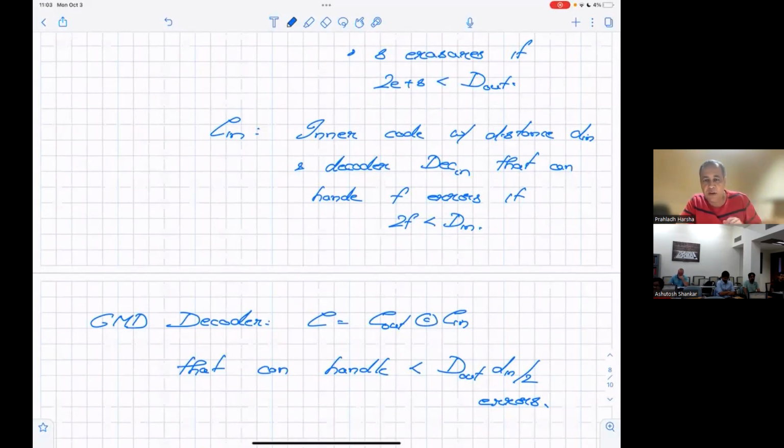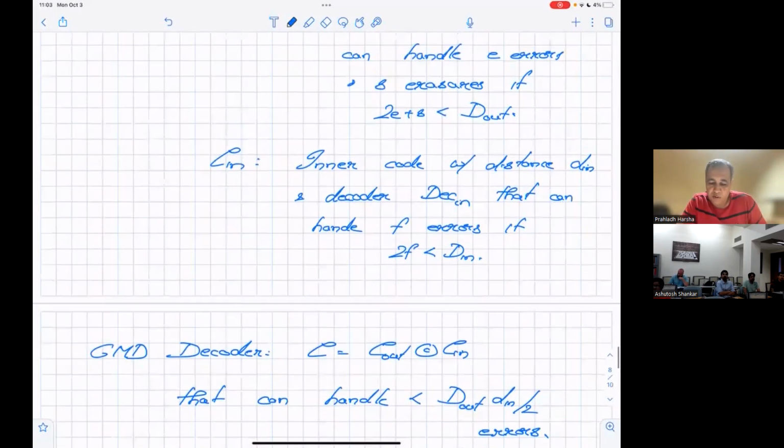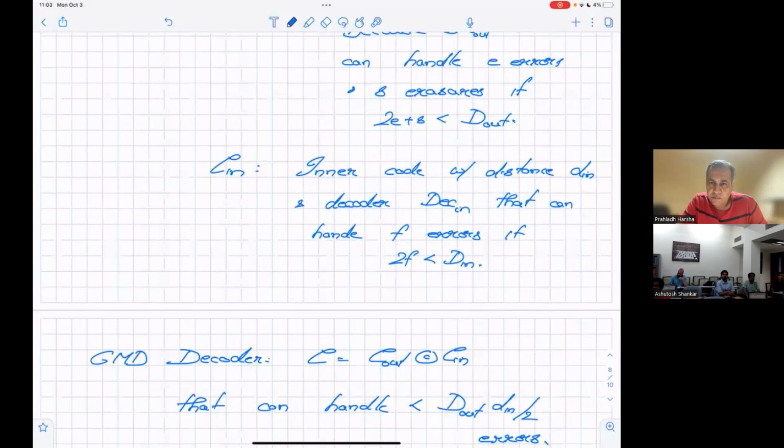Questions before we write down the analysis, write down the explicit decoder? Questions about what this means? Somebody was asking something. No questions? Okay, so let's write down the algorithm